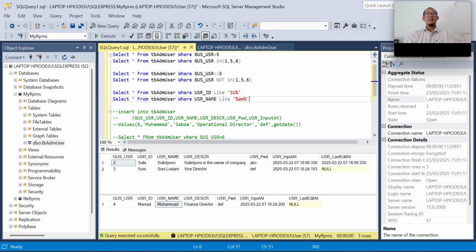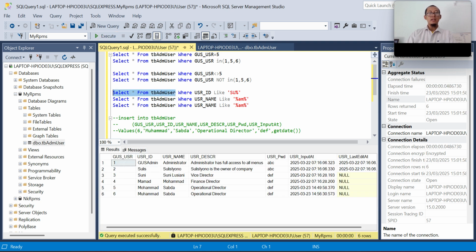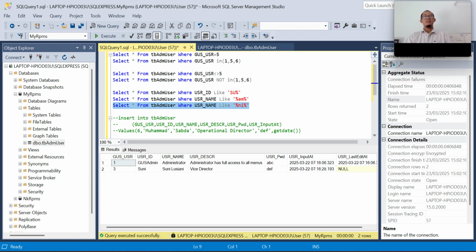Let's try another. I want to display data with NY. Username like NY. Let's execute. You see, administrator, and inside this word there is the letter NY.